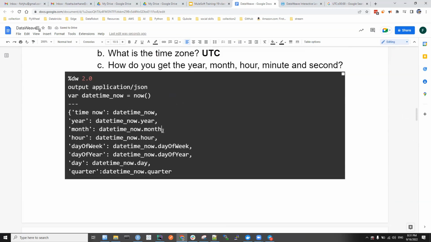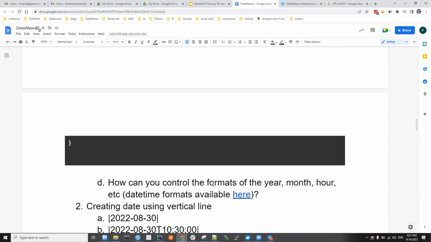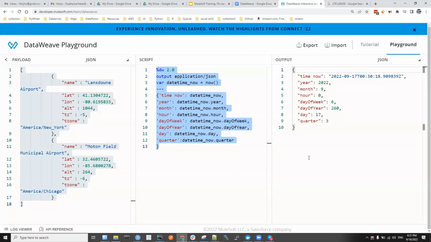Fine. Okay, the next question is, how can you control the formats of the year, month, hour, etc.? So the question is here, as you can see, we have year, for example, 2022, but rather than getting 4 digits, you may be interested in getting 2. Months also, rather than getting a number, you may be interested in getting